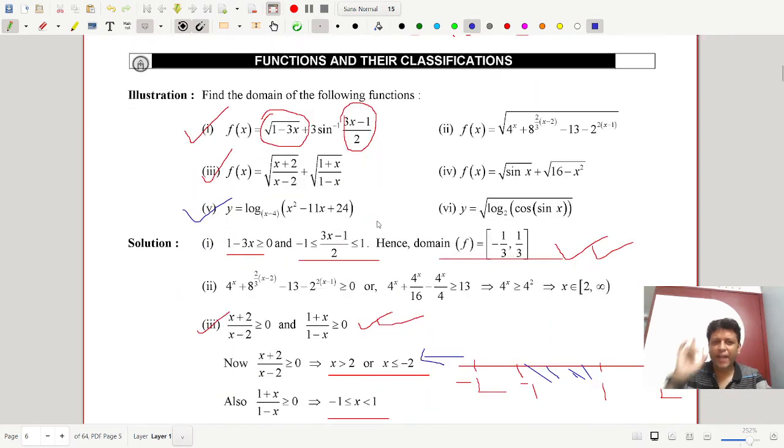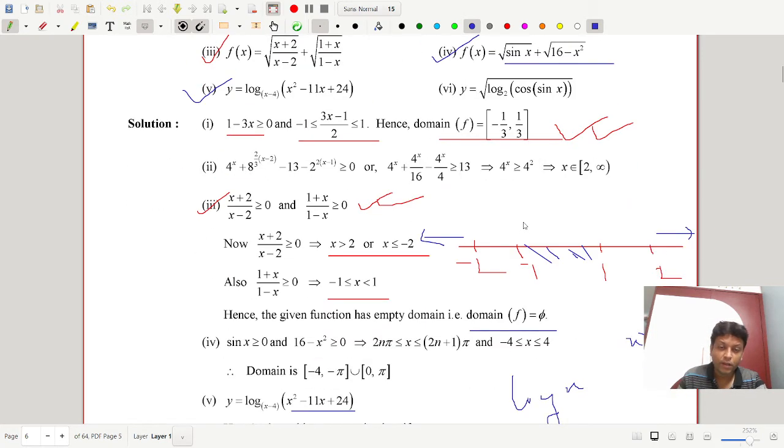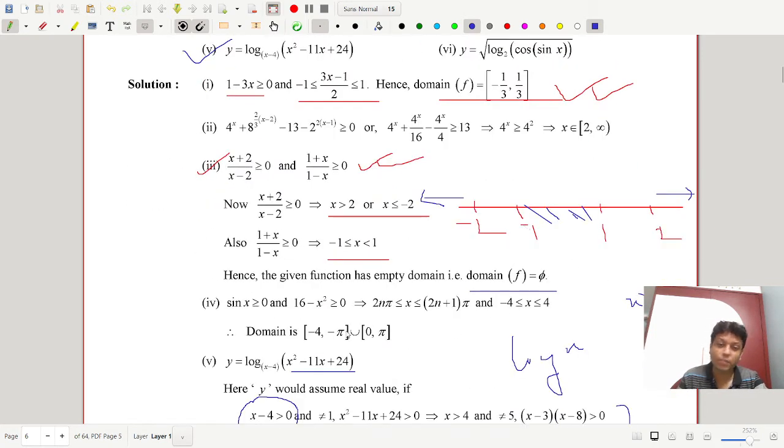So I will explain another problem. I'm just explaining all the complicated problems. You see, these are all complicated. You can't find them in the board books. Number 4, I will explain this part. Look at that. There is a trigonometric function, and a quadratic function inside the root. One is trigonometric, another one is quadratic. So root over sin x means sin x must be positive. So let's check where sin x is positive.